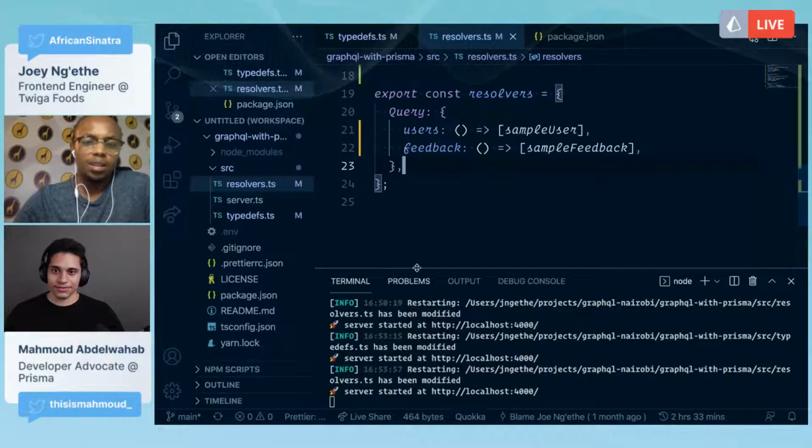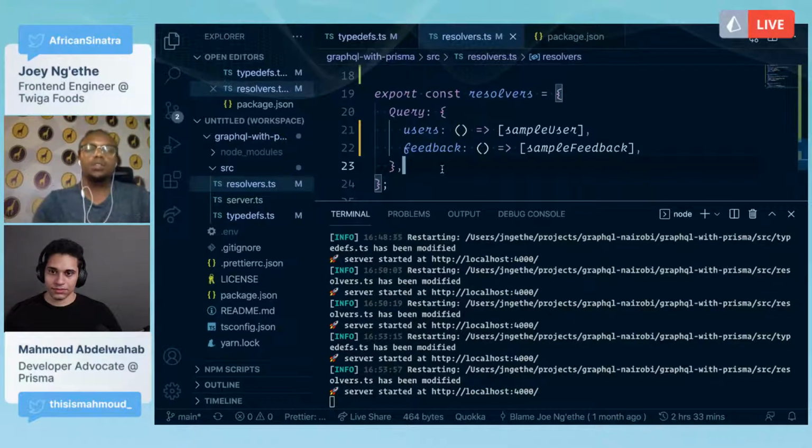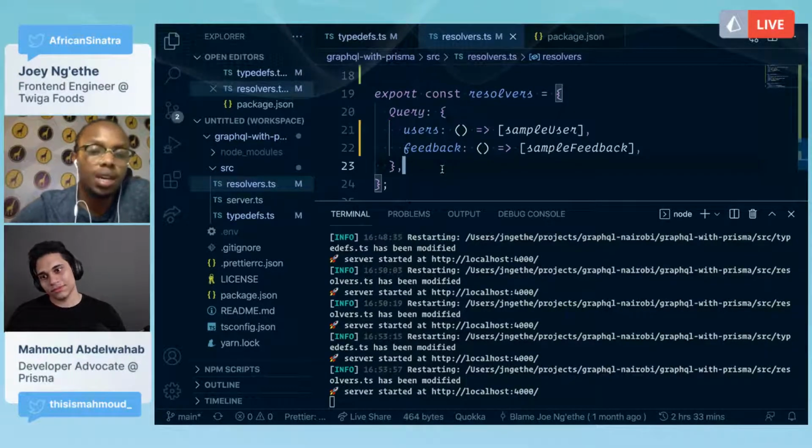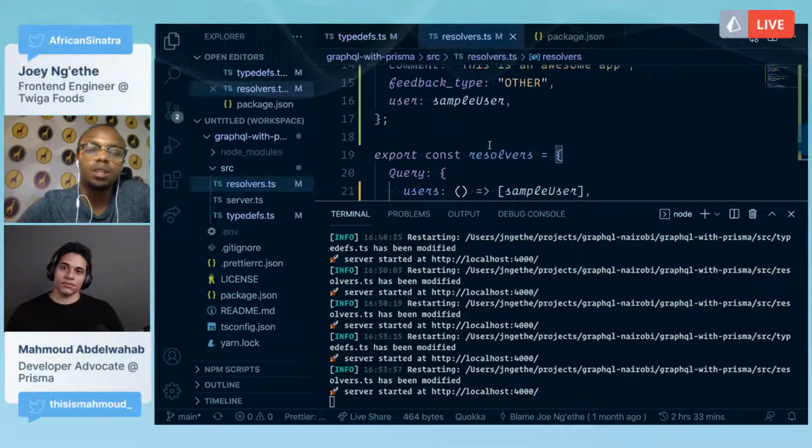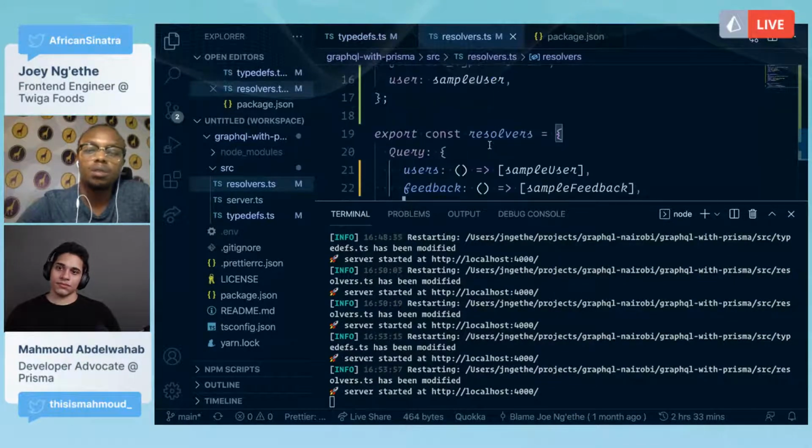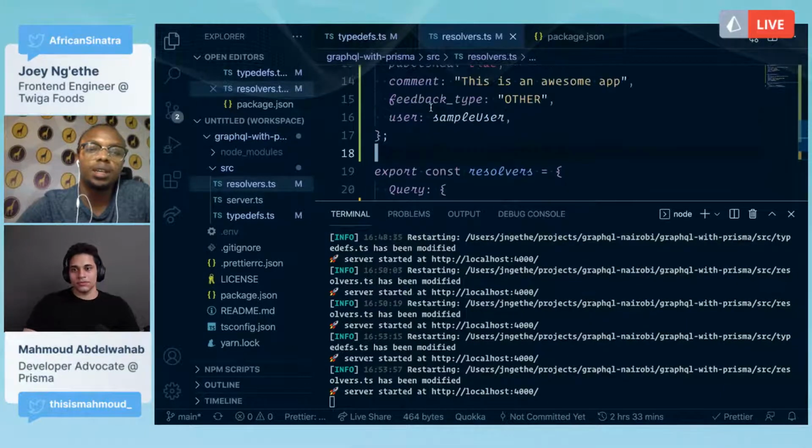Great. I think for now we can switch up and figure out how we can have some data. For your resolvers, you will need some place to store your data and read from and return. Right now we're just hard coding this stuff, which is not ideal if you're building a real app.